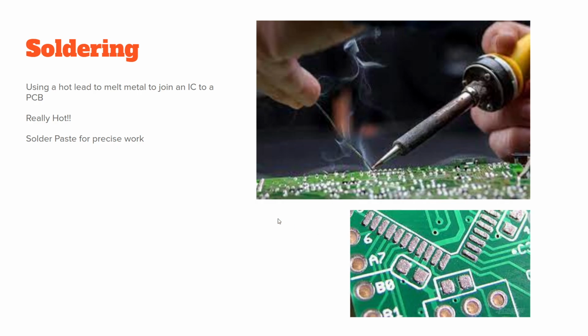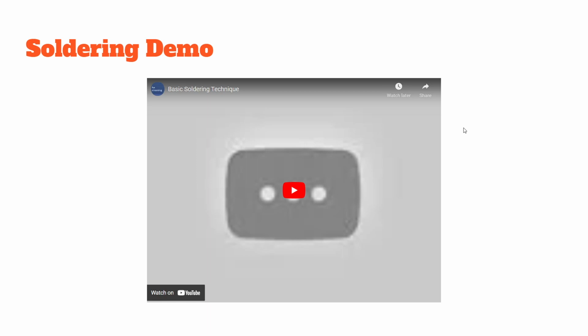So it's just another way of soldering. It's better for more accurate things. But for these pins, you could tell he's soldering pins, lead works just fine. I'm going to show you a tiny little demo here, just a few minutes of this, just to get